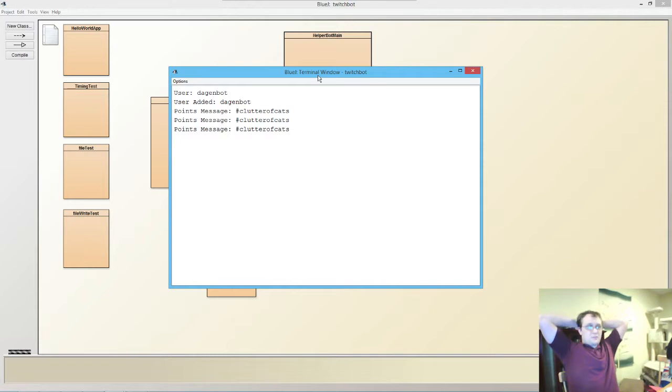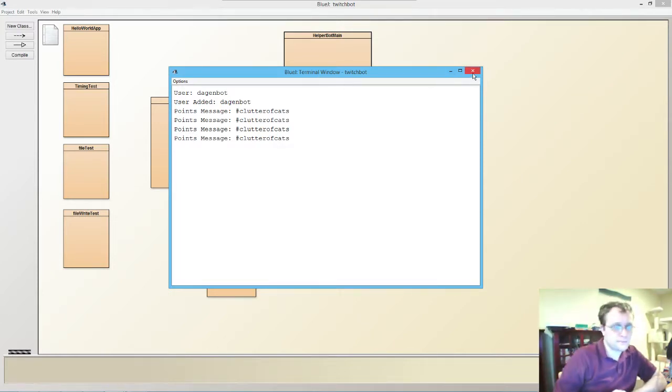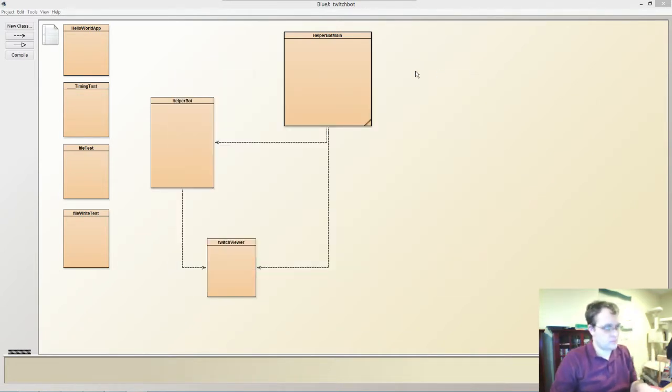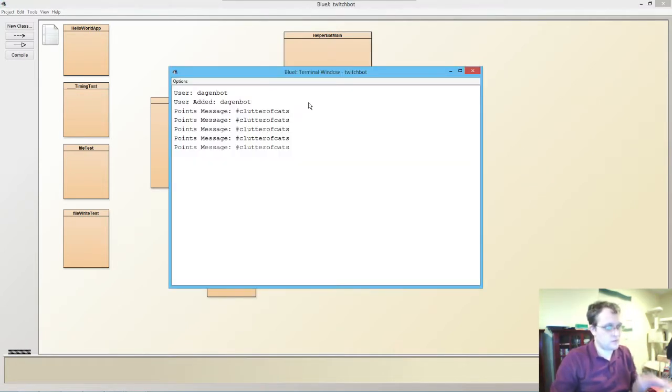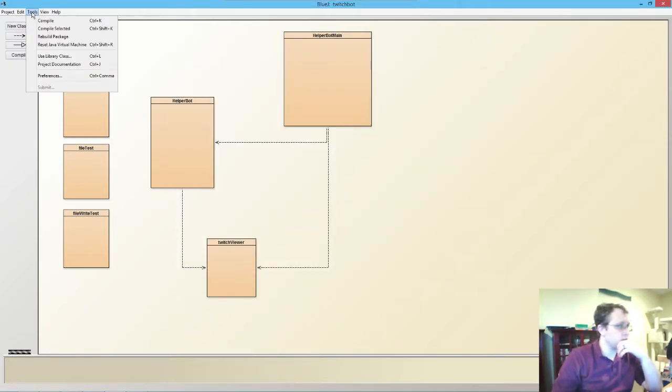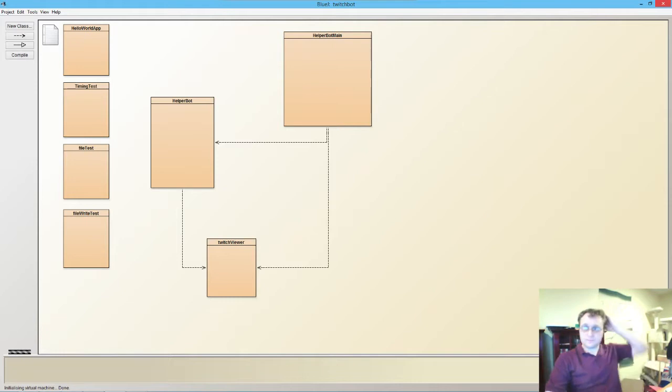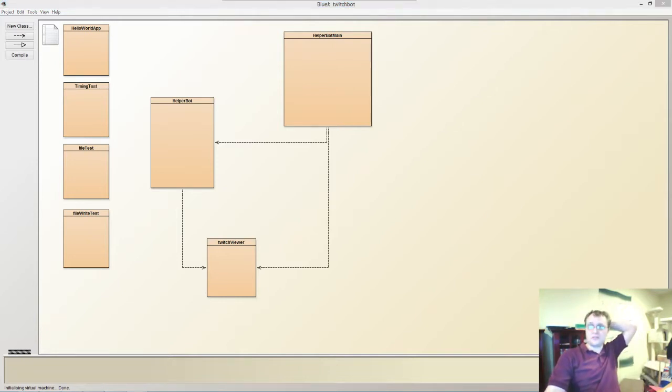So every 6 seconds, it's printing out that points message. Now, obviously, it's not going to have to do that all the time. It's just going to have to do that when it's needed. But for now, that's a good start. So this is working. Although I guess I can close that and then let's reset the virtual machine. That'll close any instances of Java I have running. All right, now